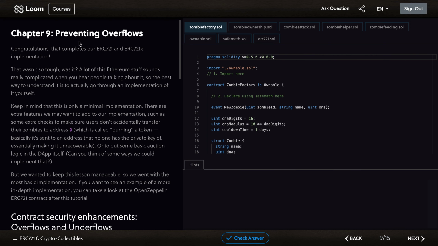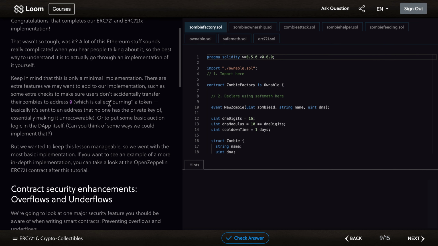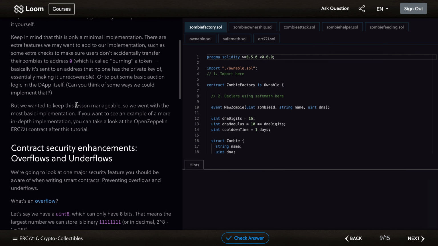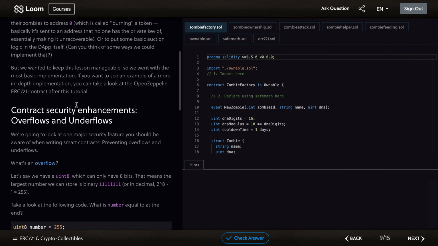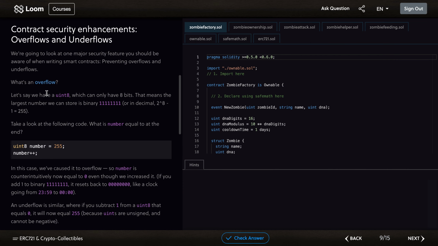Chapter 9 is Prevent Overflows, and there is a situation where if they transfer the zombies to the address 0, it will burn the token, and I think you already heard about this, so it will disappear. Why this happens is because if an overflow happens, it will become sending to the address 0, and